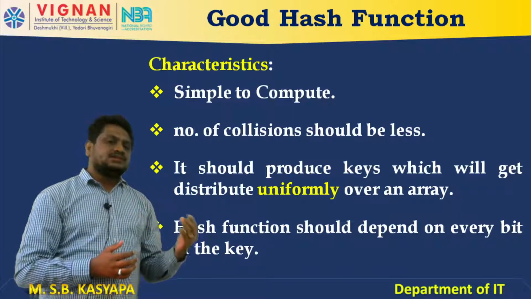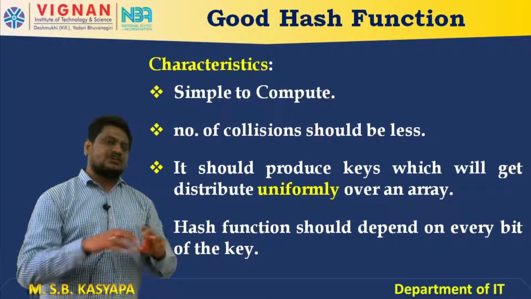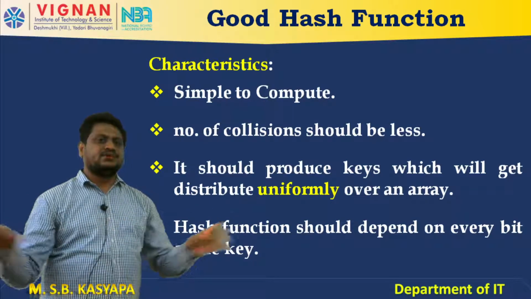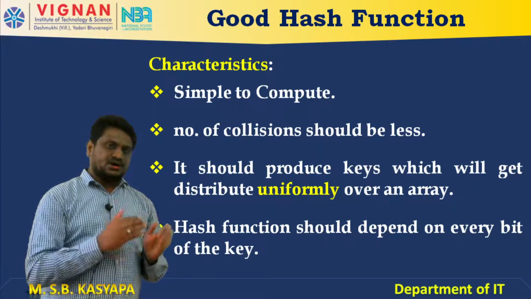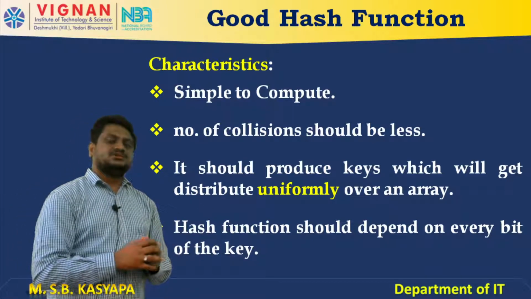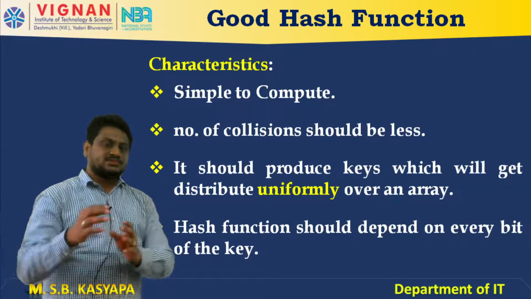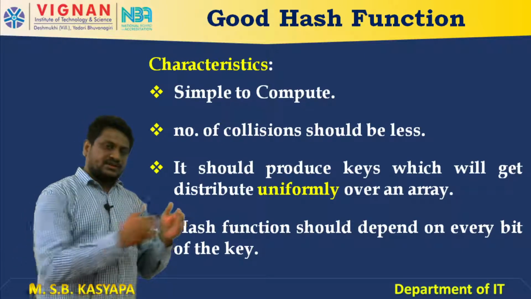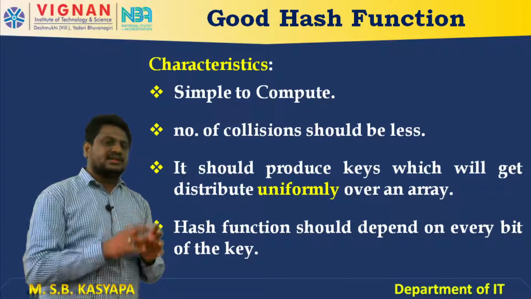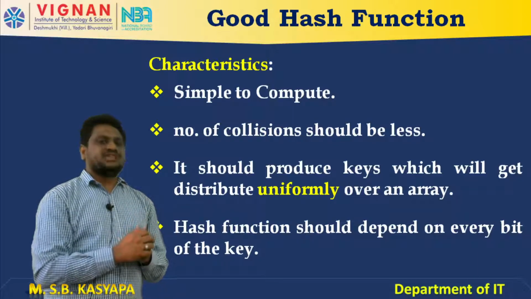And the third characteristic is that it has to distribute the keys or the data uniformly. Am I right? So, it should not follow some sequence, like the first data is stored at first, then the second data is stored at third, the third data is stored at 5. That means whatever data is coming, first I am inserting at the odd numbers. It should not follow like that. It should distribute the key values uniformly.